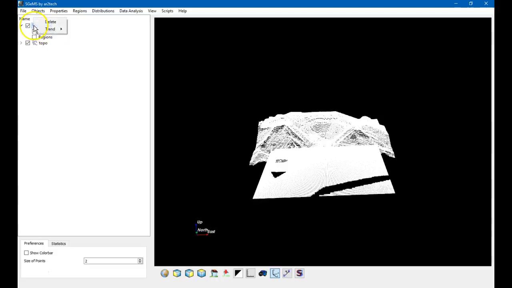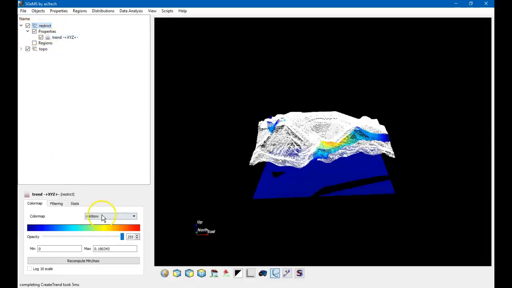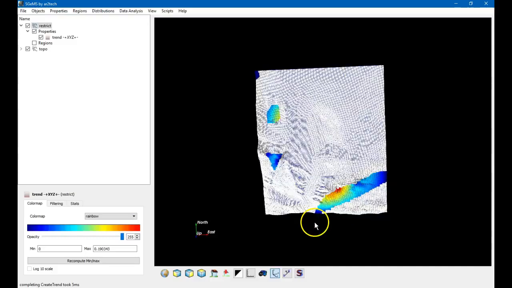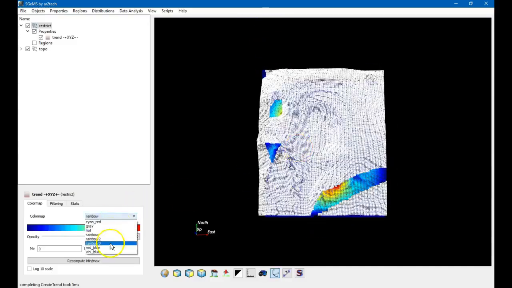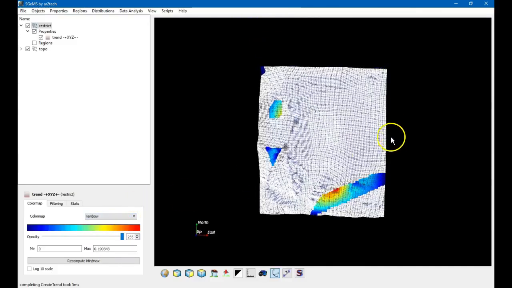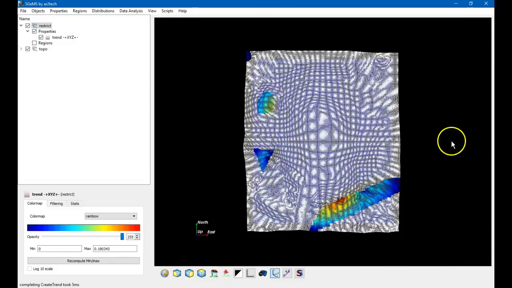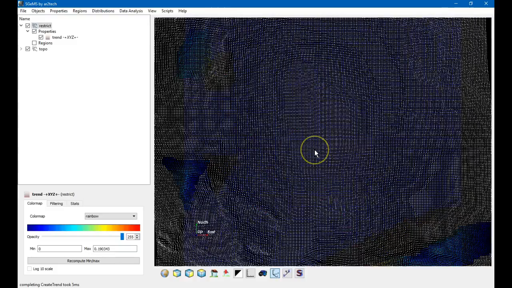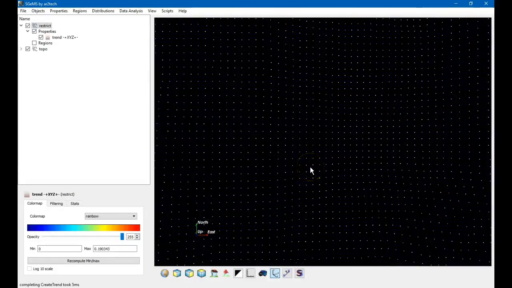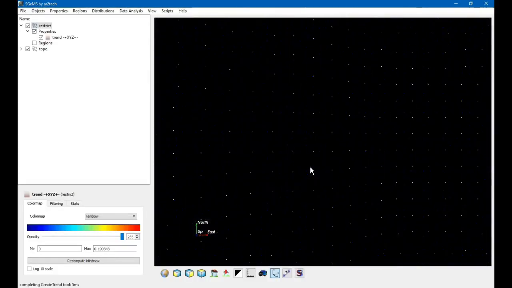Let's say right click, trend, select one of those options, then properties, and let's use this color. You can change the colors over here. Looking from the top view, it doesn't seem so different, but when we start to zoom in, we notice that